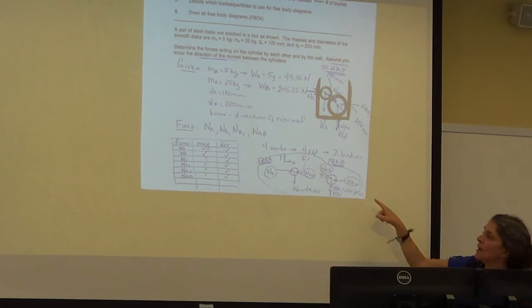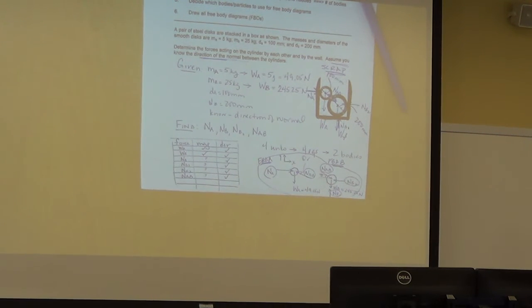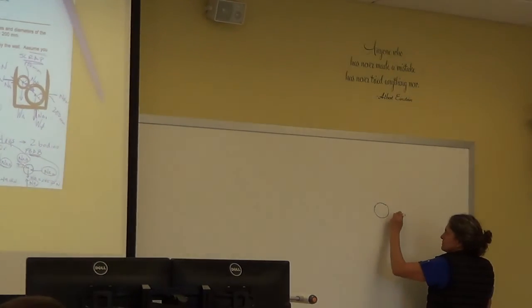Did anybody do a free body diagram of both bodies together? Let's practice. Take out a piece of paper. Let's do a free body diagram of both together. Did you say they're all unknowns and 3